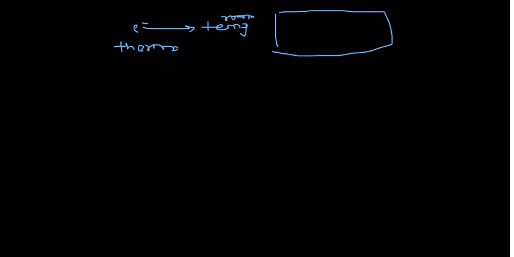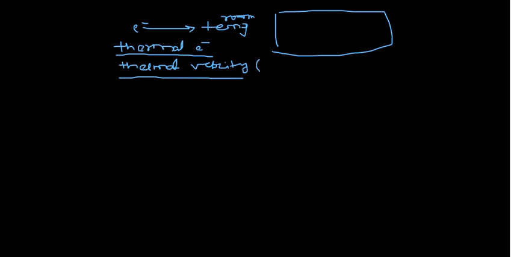These electrons we call thermal electrons, and the velocity with which they are moving is called thermal velocity. Therefore, remember this point: the electrons which are under random motion due to the effect of temperature will be called thermal electrons, and the velocity with which they are moving will be the thermal velocity.